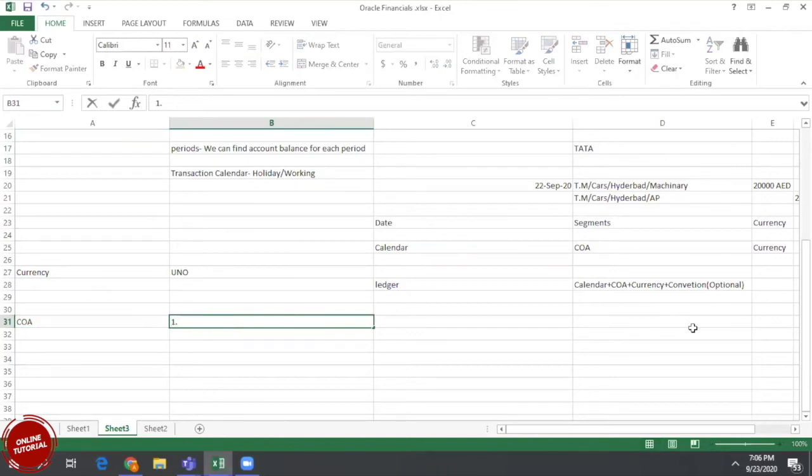We need to understand business requirements at different levels. When I say different levels, how do they want to find the balances? I want to track the balance at company level, division level, account level, or product level. We need to understand. In addition to that, we need to understand reporting requirements also.